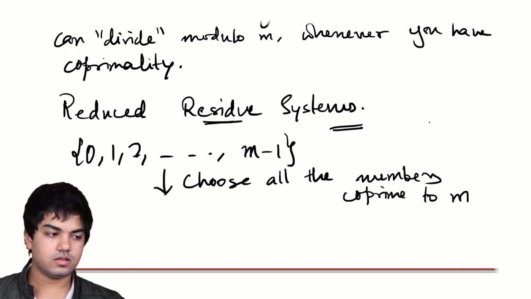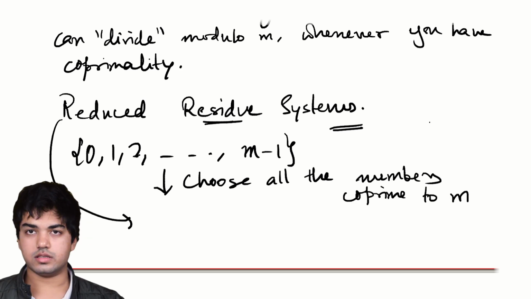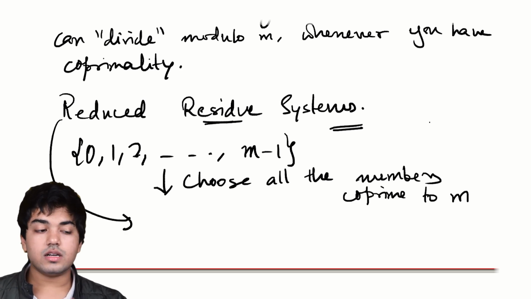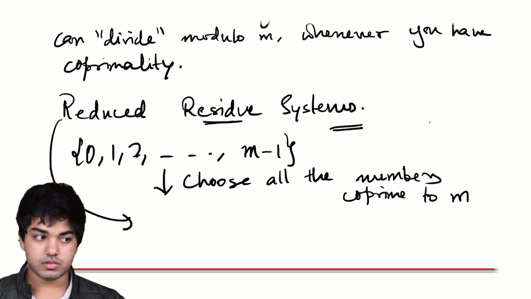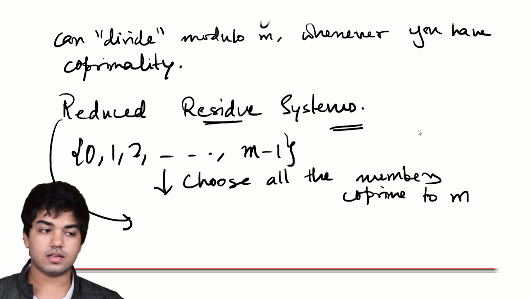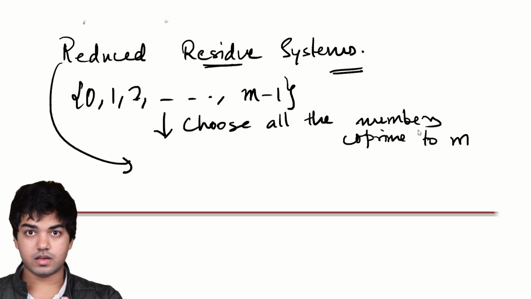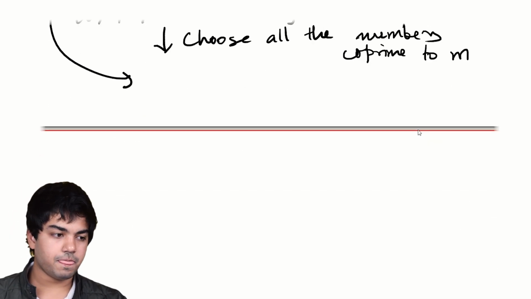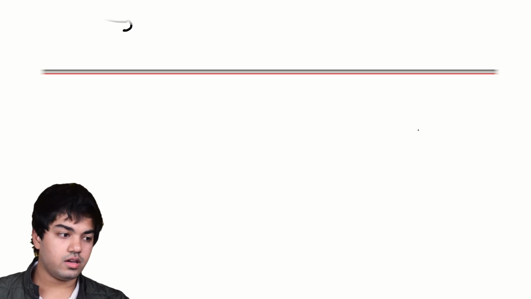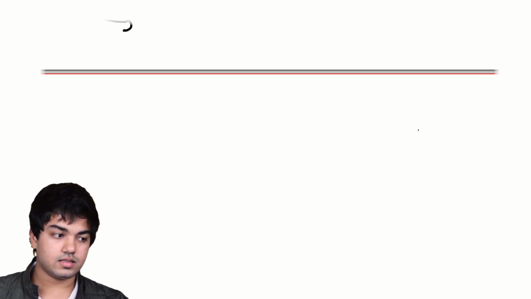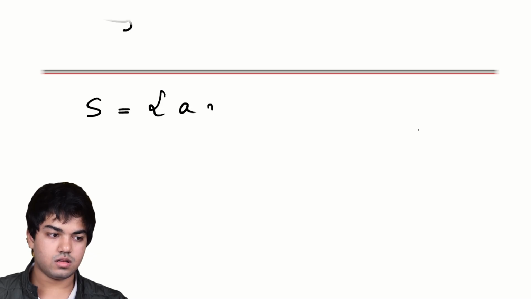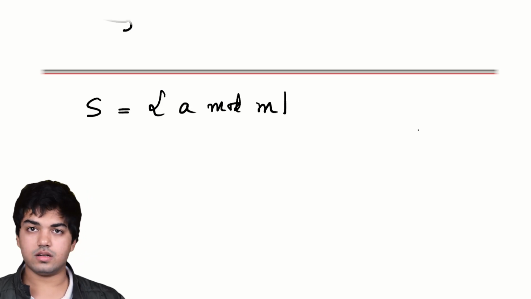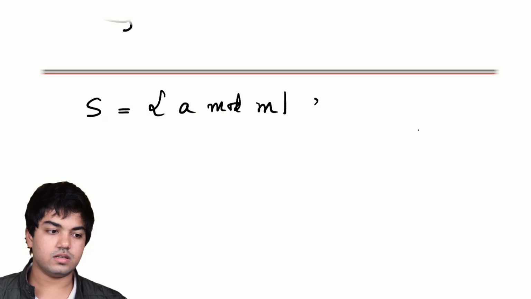And what's remaining is called a reduced residue system. What is the advantage of looking at this restricted set of numbers? Thanks to cancellation, these behave in a very nice multiplicative way. So in particular, if I look at the set S as the set of residues mod M, and I just call A the set of reduced residues, with the GCD of A and M equal to 1,